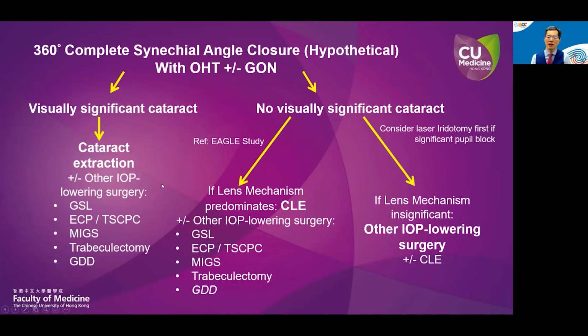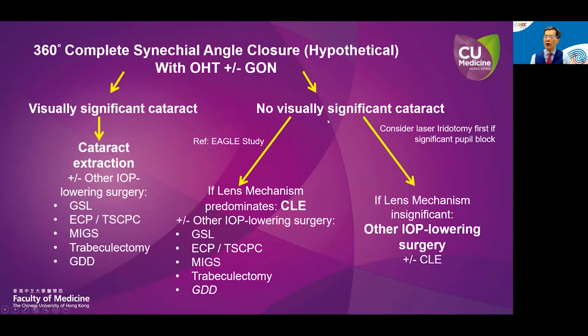You may consider adding another IOP lowering procedure, and options may include corneal synechiolysis, various forms of cyclophotocoagulation, some forms of MIGS, and perhaps trabeculectomy, and also even glaucoma drainage device implantation. I'll come back to the decision on whether to add another IOP lowering procedure